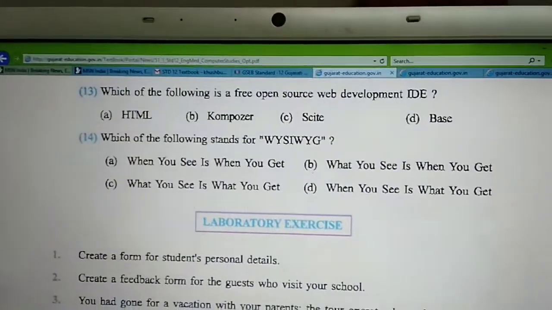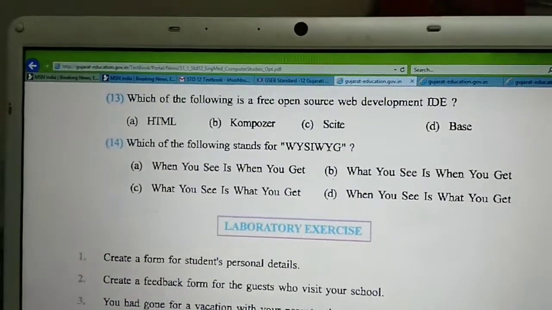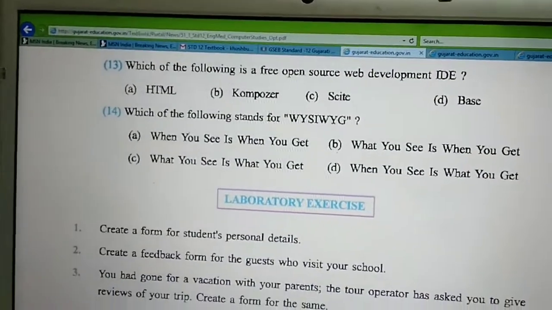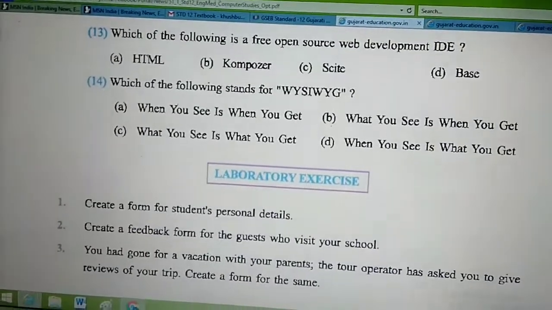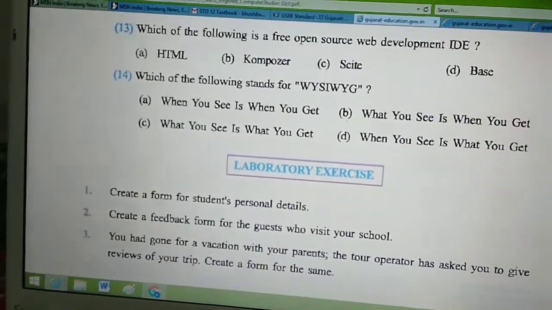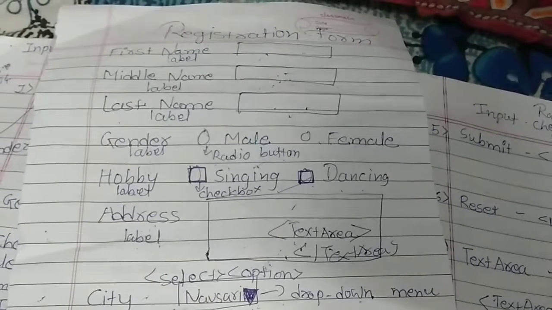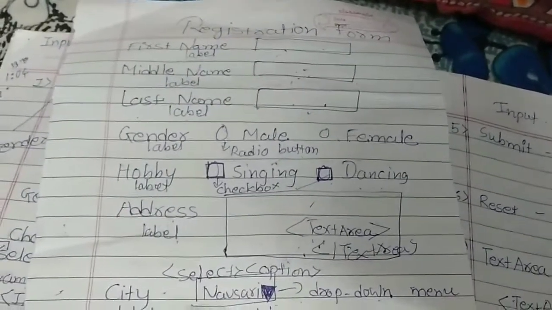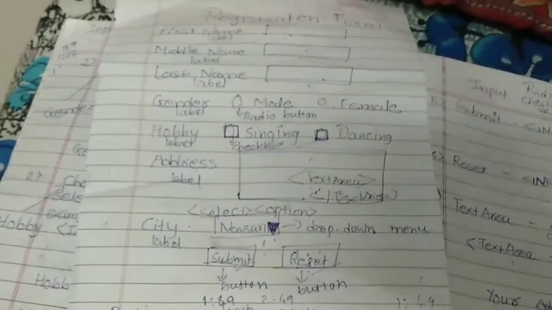In HTML, we have already learned about HTML. When we created the registration form in HTML in Notepad, we had to write many tags for first name, middle name, last name, gender, hobby, address, city, submit and reset button.